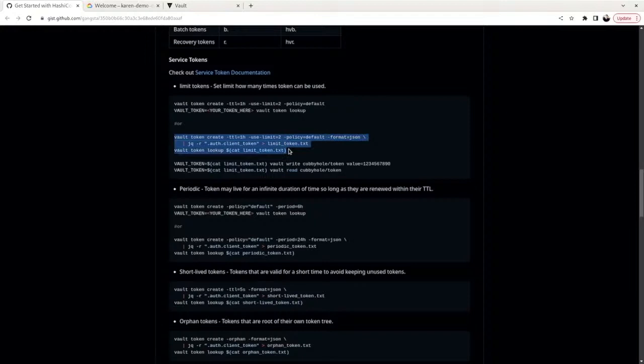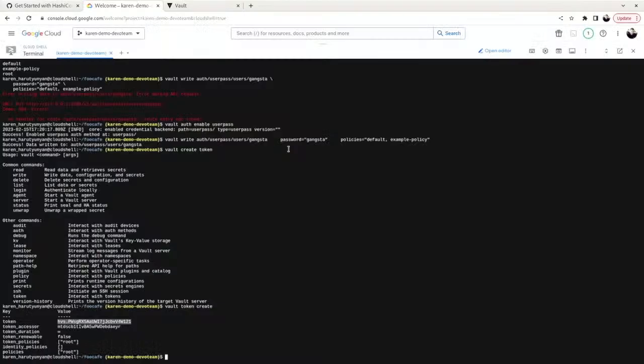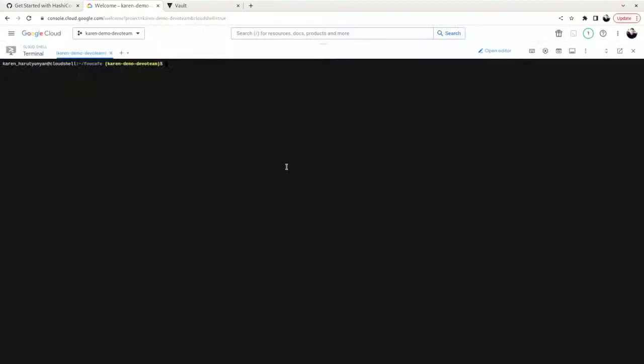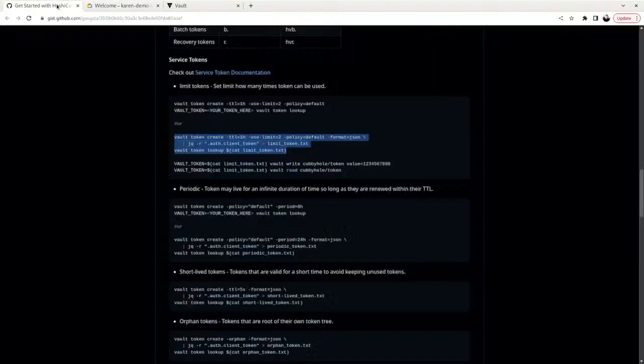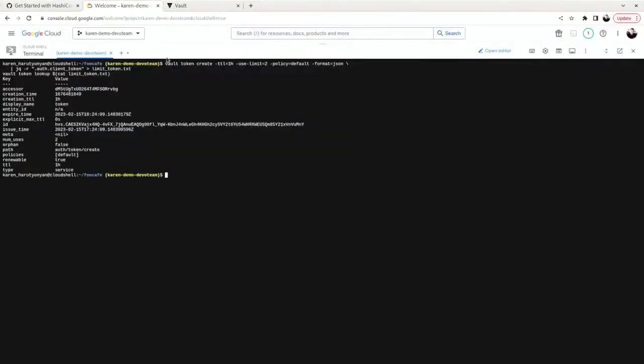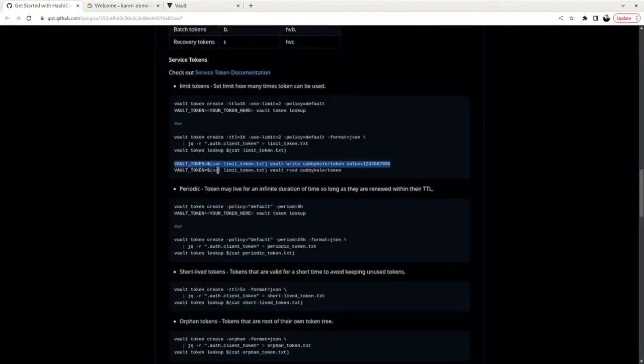So I will just copy this part. So let's move. So let's create a token. It is created. And then let's say, hey, let's generate something in cubbyhole. So let me see. Something is there. I want to read that.